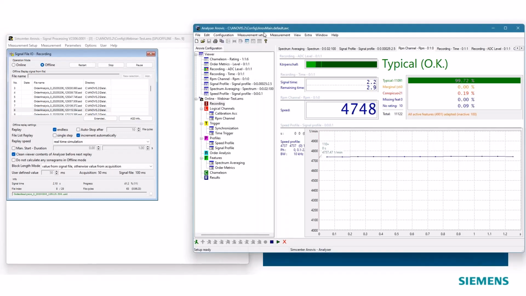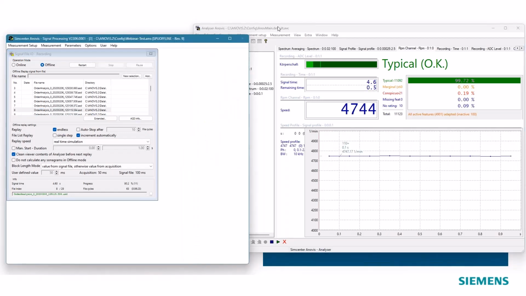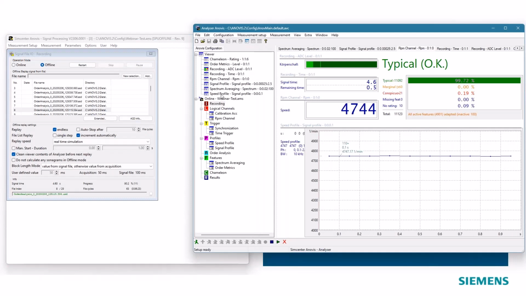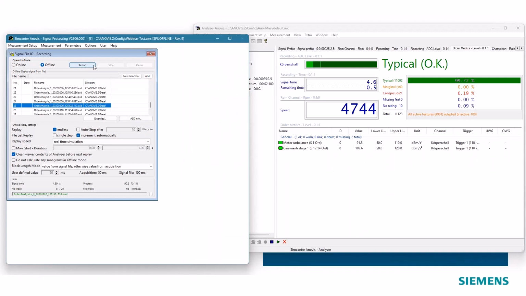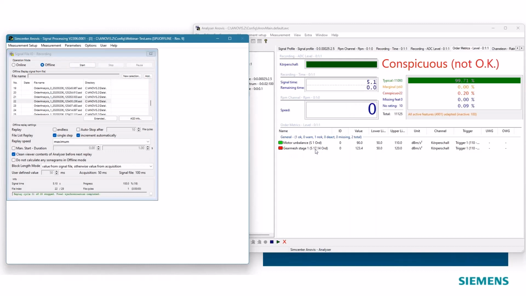Yeah, and this could look as follows. So for example, I stop this. If I look at the standard mask that we may have on the test bench, it looks like this. We have already seen that in a single step we can detect several faults, like for example this one with the gear mesh. Here we already defined the metric, order number 17. When this is above 120 dB, then we assume that the gear mesh stage has an issue. Here in that case, it's 123.4. That means it's above the limit.